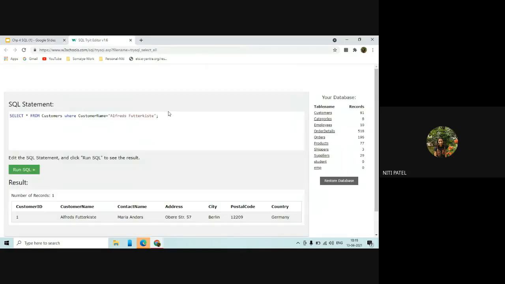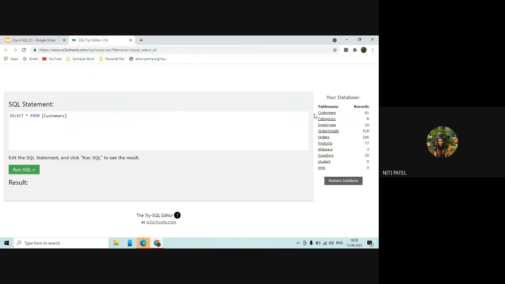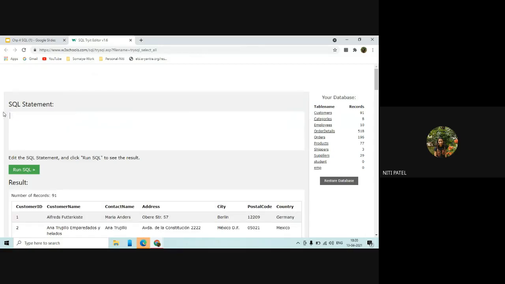Let us see this. Which records are there in the customer table? We have so many records. What I want to do is change the column name of, suppose, city as address. So what will I write over here? Select city as address from customers where customer ID equal to 1.